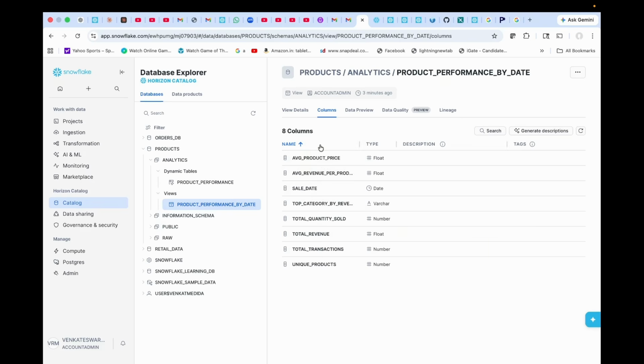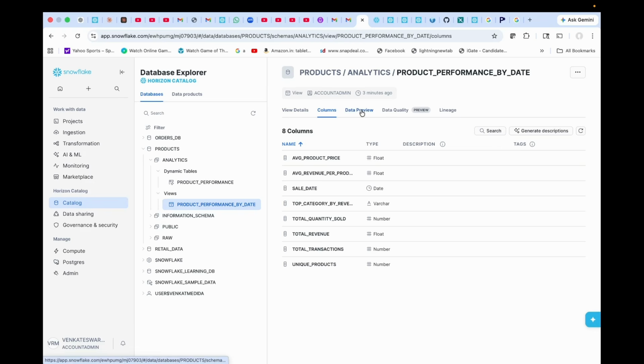So these are important fields for decision making, which product is performing well on a particular day, so that they can increase the number of products and continue to sell those products, or they can also analyze which products are performing and which are not performing well, so they'll plan the decisions of